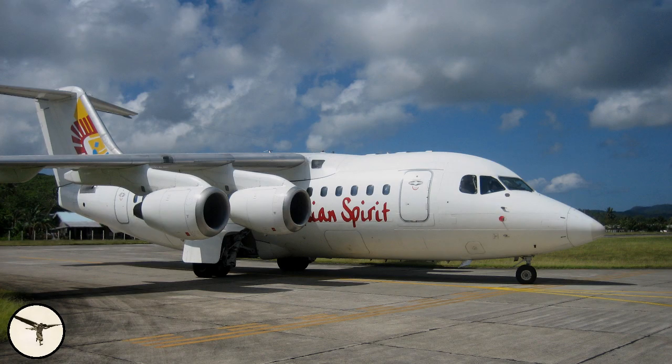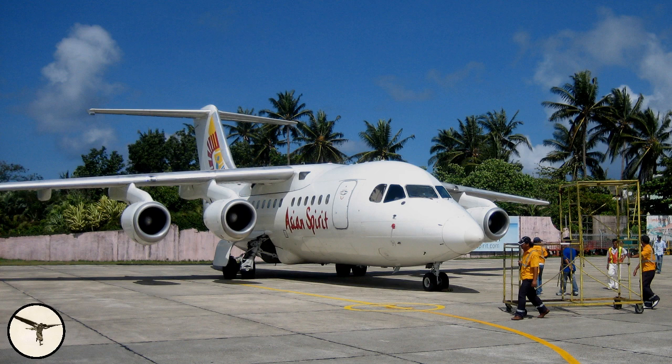Asian Spirit also operated British Aerospace 146-100 at Caticlan. This is a 4-engine jet designed for short-field operations. The British Aerospace 146 can be described as a jet that believes it's a turboprop, because the performance is really good. It can operate comfortably on 1200 meter long runways at max weight. But since Caticlan is shorter, the aircraft could not be operated at maximum weights, and the company removed some passenger